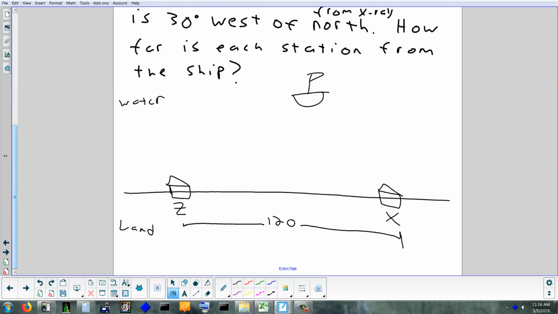120 miles. How do they know they're 120 miles apart? Well, it's just like, how do you know the distance from here to Boston is like 50 miles or something? You can just look at a map and you can see. All right, so now,